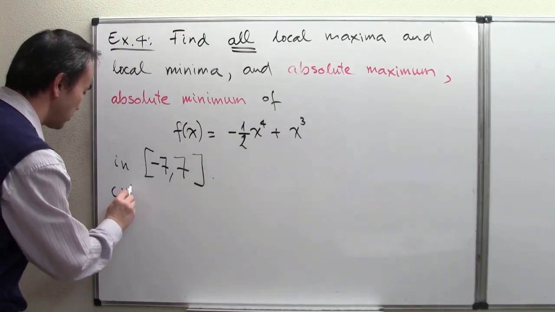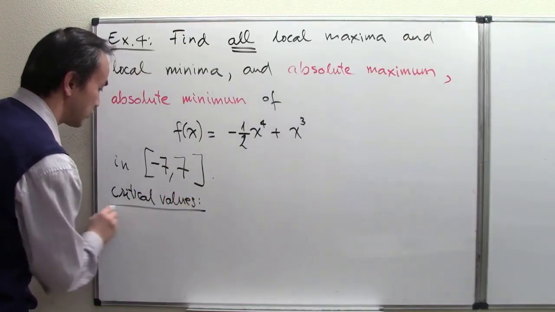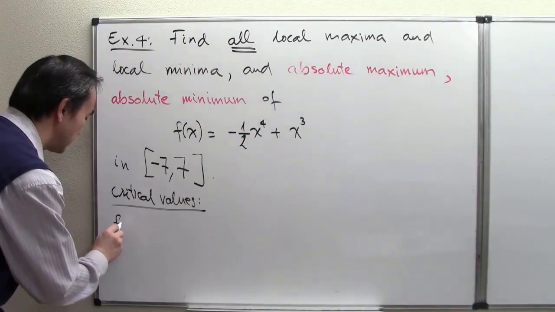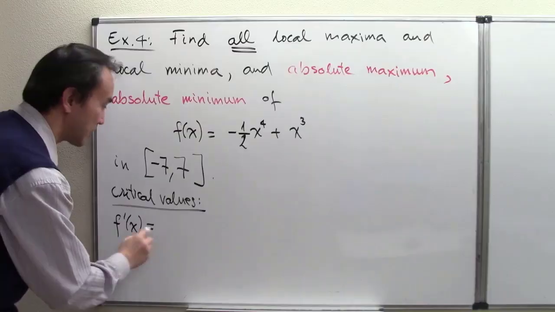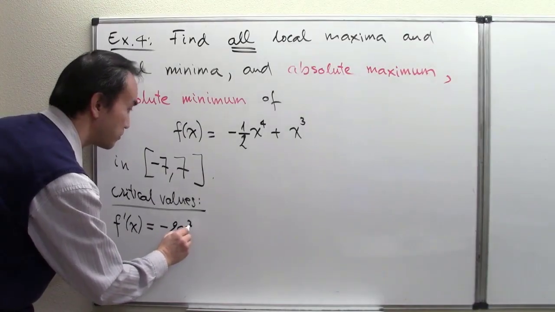So now for our critical values, right? As far as the critical values, I'm going to have to find f prime, which here comes out -2x cubed, right, plus